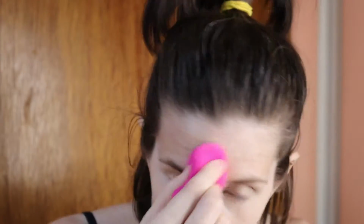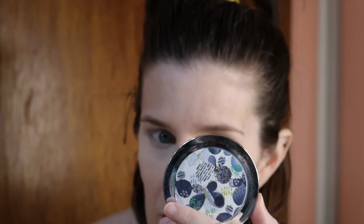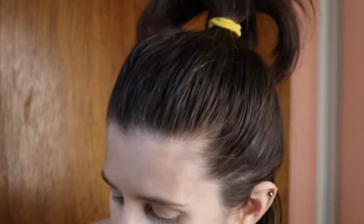I'm doing a couple different days' worth of wear tests. Today I just have moisturizer, serum, and eye cream on. I use a different serum than I usually do because I'm testing it with different products to see how it's going to work. Now I'm going to go ahead and grab my setting powder